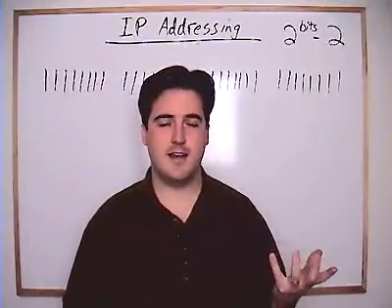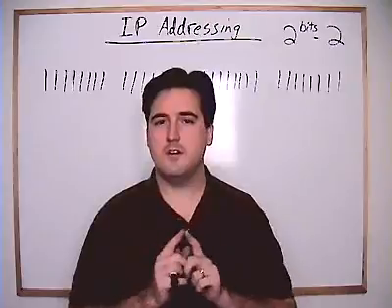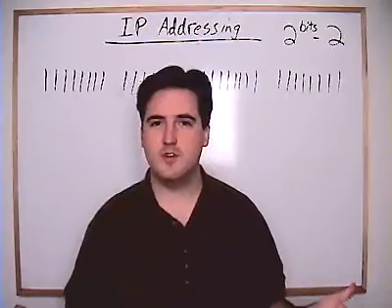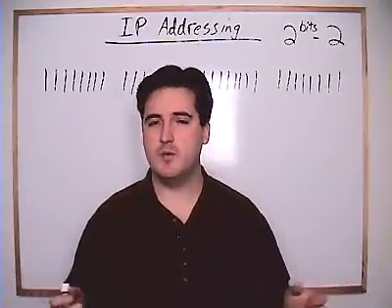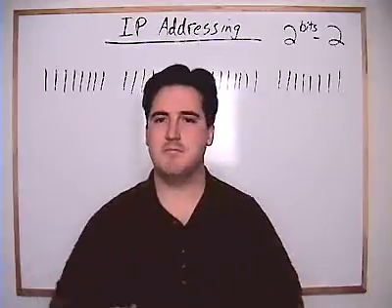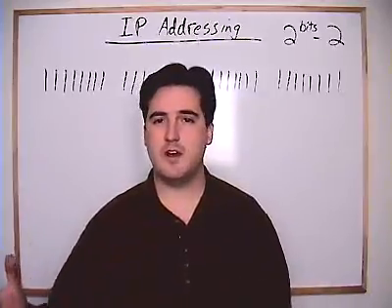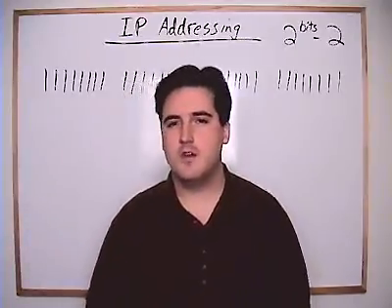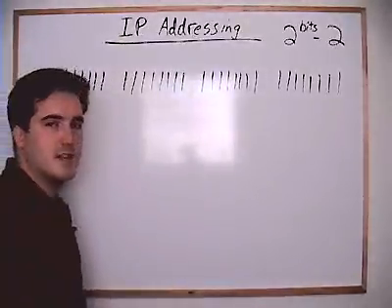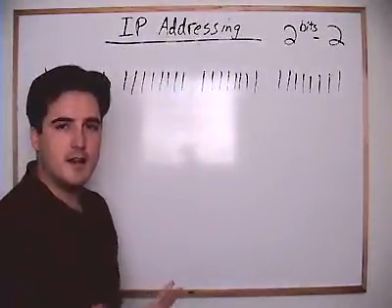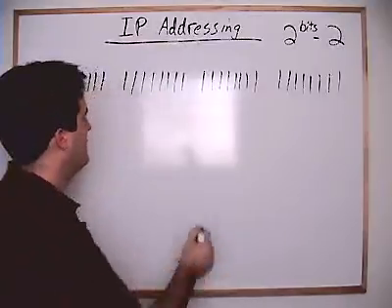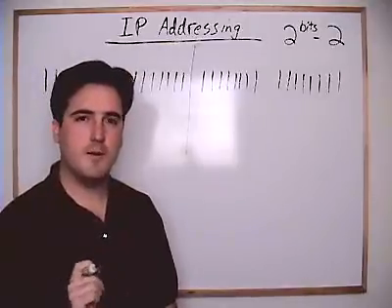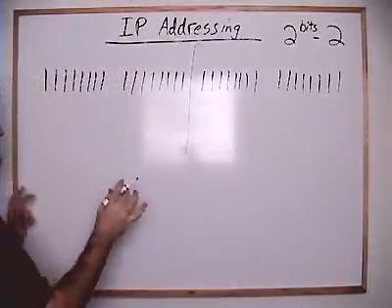Okay, we talked about class of address. We talked about the fact that an IP address is a binary number. Well, let's say that we have a Class B address, but we don't want 65,000 hosts on our one network segment. We want to separate it up into, let's say, 200 network segments. And we just want a smaller number of hosts per segment so that we can have nice, efficient traffic. Well, what you would do is you would establish a subnet mask. Okay, now by default, I just bought a Class B address. Okay, so I've got a breakout right here between network and hosts. So my default subnet mask, doing nothing, just take it just as it is,